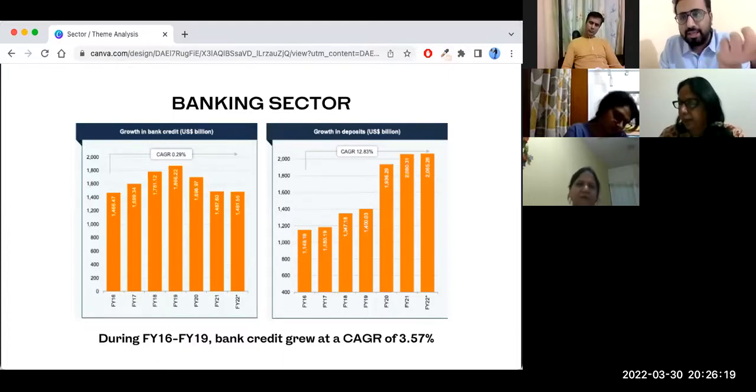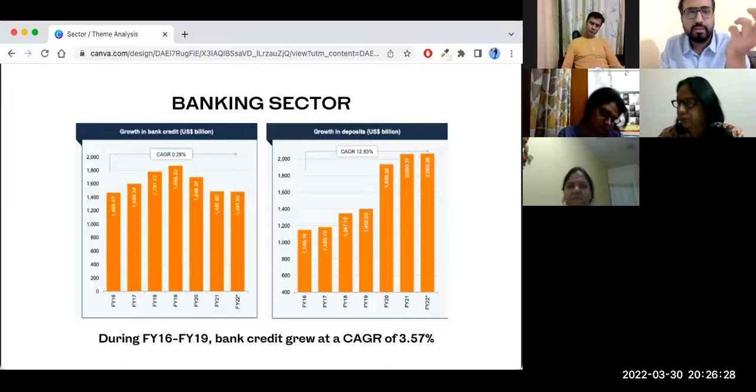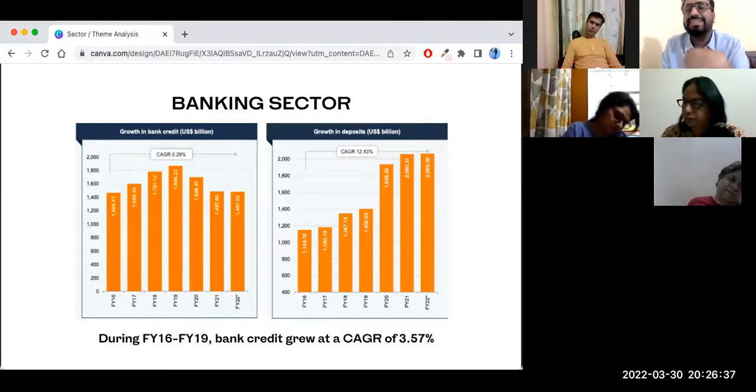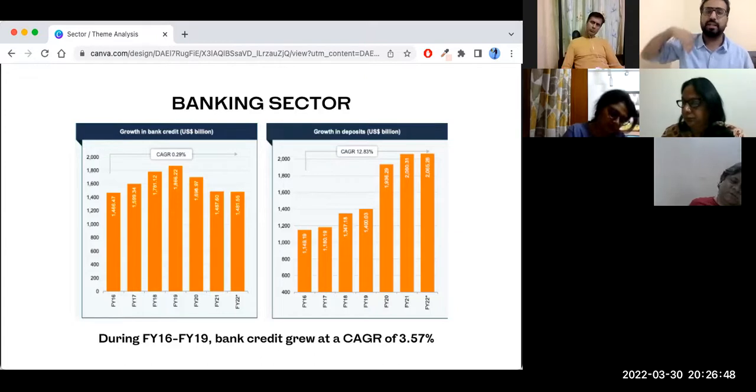They buy money, which means they take deposits. When they buy money, they incur a cost, called the cost of deposits. So they buy money at 4%, and they sell money at 10%, 11%, which is the lending rate. I took a deposit and paid 4% on it; when I gave a loan, I charged 10% on it. And I make margins in between.